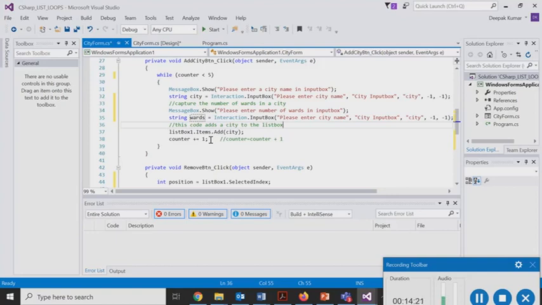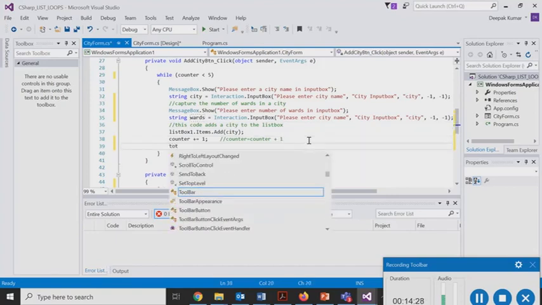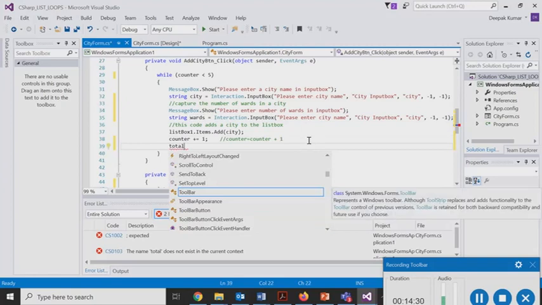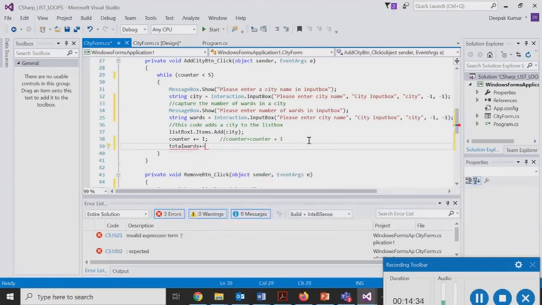So it keeps on adding the number of wards, for example for the display I can say total wards plus equals ward wards.